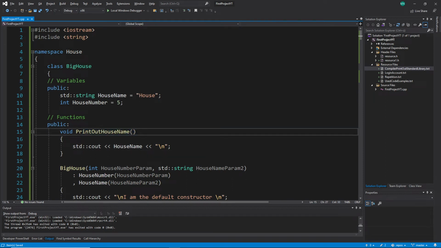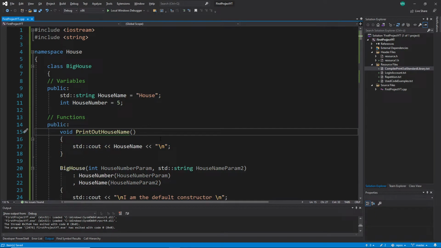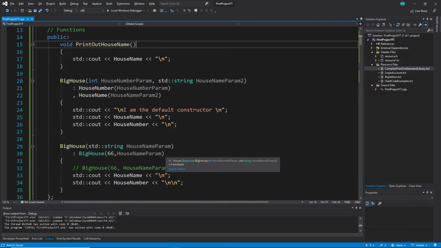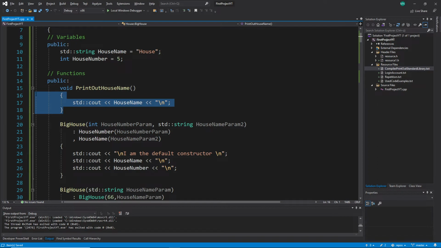Declaration providing means you would only get this one here in the header file, but this other code here, the definition in the CPP file, you would not get. You have no access to it, and that is always bad. It's also called, when you use this kind of term on the net, open source code. Open source code means you have access to the definition, so you know what they did there. When you call this print house name, it is really printing out the house name